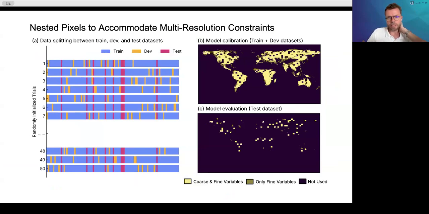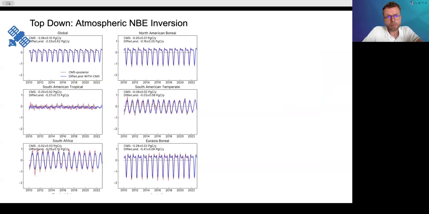no autocorrelation in time and space. We train the model, we evaluate that, and we try to be very careful between test data and train data. So this is an example of the test pixels or areas that are being used, and then the train data that's here. And we also slice that in time so that there's no autocorrelation, to make sure that there's no data leakage. And then what we do is we have, again, this top-down